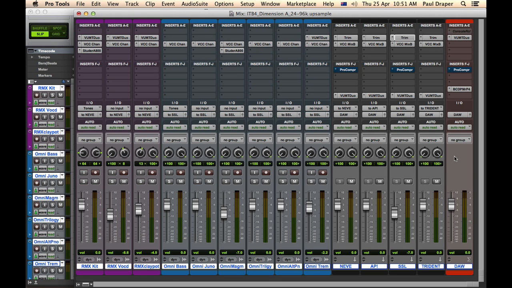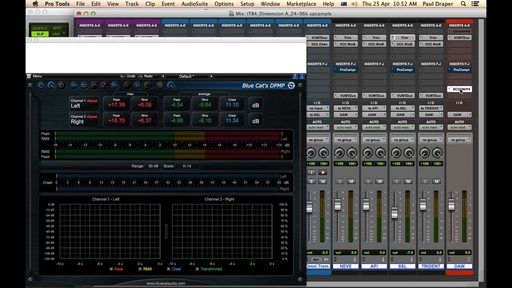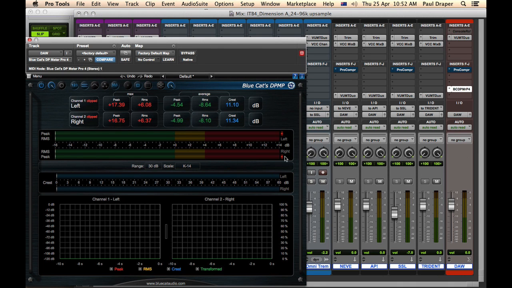So in this particular part in relation to preparing pre-masters as a separate stage from mastering, I just want to take a look at our metering again, and just the general idea about the use of compressors, how it can help guide us. So we can see the levels are back a little bit on this, and we'll have a look at our Blue Cat meter, and it's currently set up to